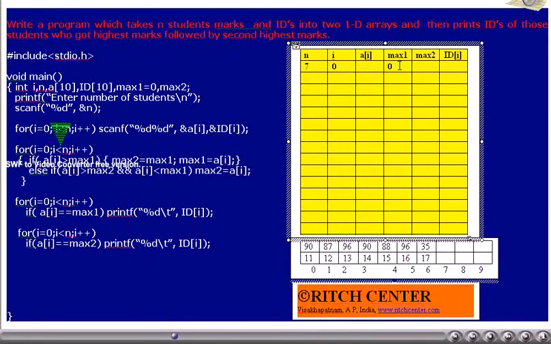Is I less than n? Yes. A of I, that is 90, is greater than max 1? Yes. Thus, max 1 value, that is 0, will be assigned to max 2, and then 90 will be assigned to max 1.